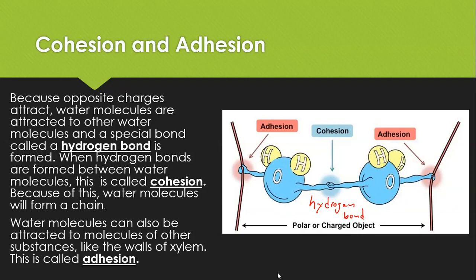Now, water molecules also like to stick to other things, and this is called adhesion. So if you've ever seen a raindrop on a windshield or on your window, right? That raindrop just kind of sticks there. Now, why does that raindrop stick there? It's because of adhesion. So the water molecules are attracted to each other, but they're also attracted to the glass